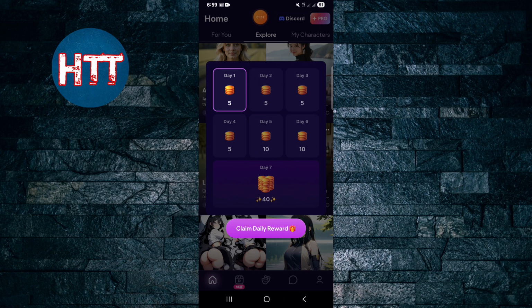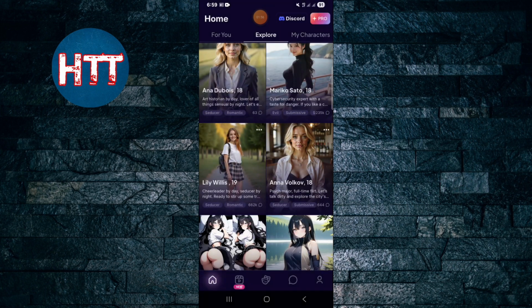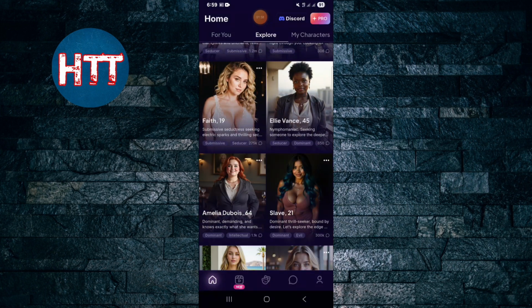So actually this way you can create an account here, you can use